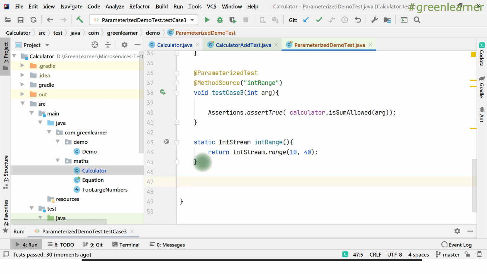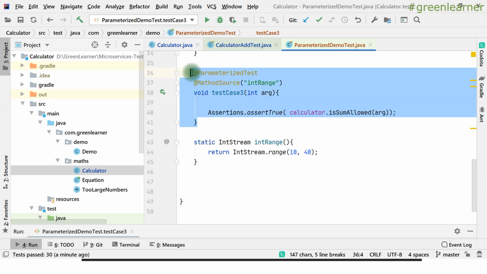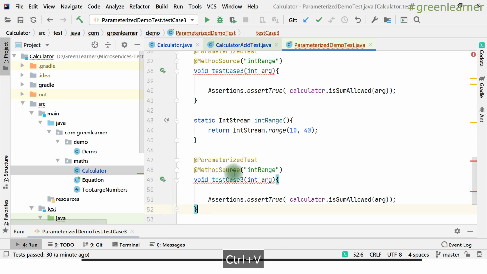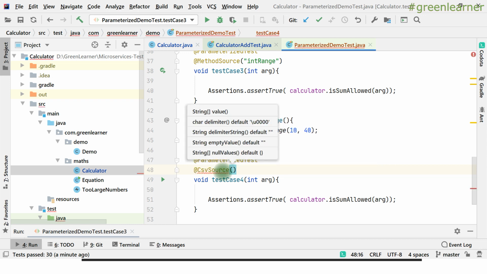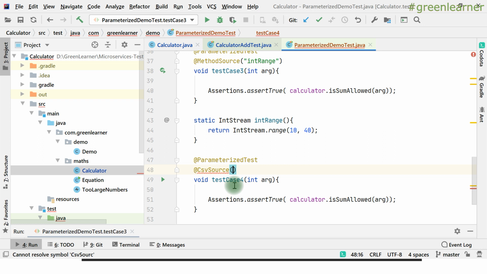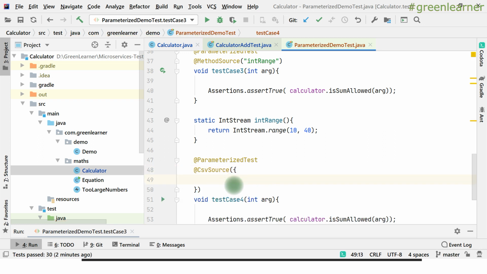Now, this was for when you have the requirement of only single input data, right? And what if we have multiple input data? So let's see that example also, right? Let me copy this test case again and put it here, test case code, and now we have one more annotation. ParameterizedTest is going to be there all the time. Now we have CsvSource, right? And here I can pass the values. These will also be an array of strings which we can evaluate later on.